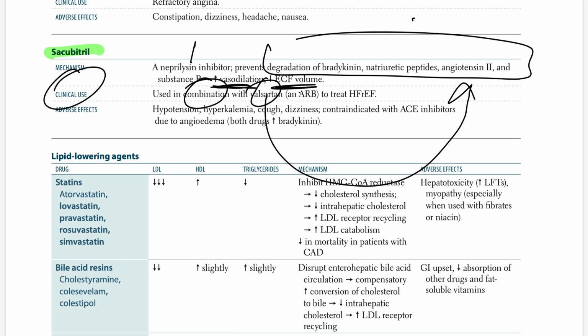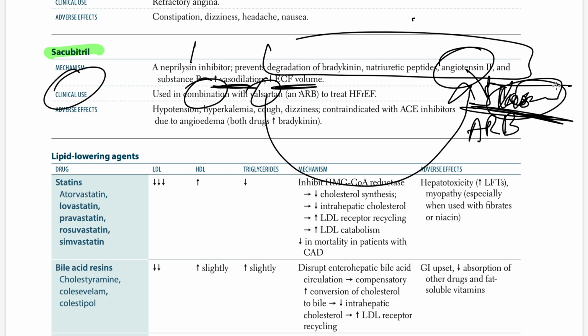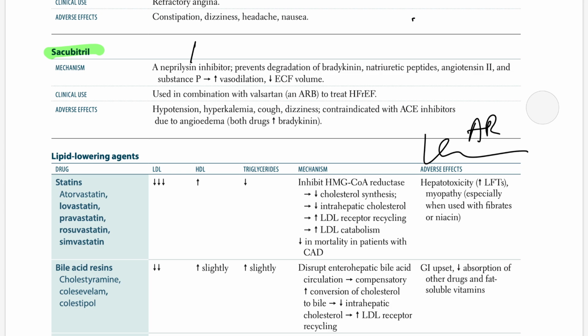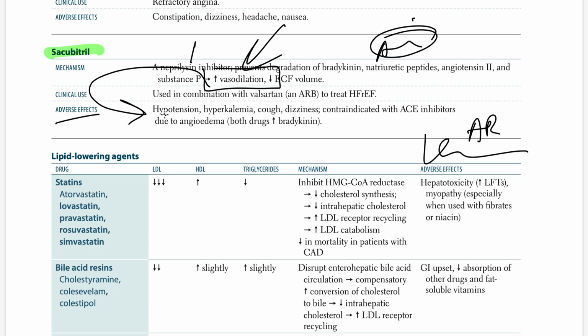Valsartan is going to inhibit the vasoconstriction role of angiotensin 2. Again, valsartan is an ARB, angiotensin receptor blocker. The deal with angiotensin 2 is that it causes vasoconstriction, so you have to inhibit that, right? So you give valsartan from outside. That's going to inhibit the vasoconstriction, causing the effect of vasodilation. On the other hand, ANP, BNP, all of them are causing vasodilation. The adverse effect is that you have vasodilated so much that it's going to cause hypotension, hyperkalemia, cough,